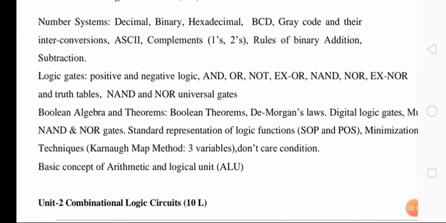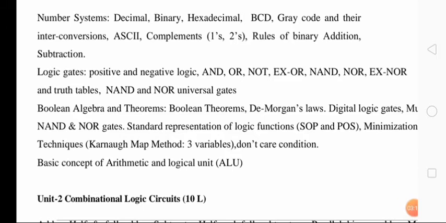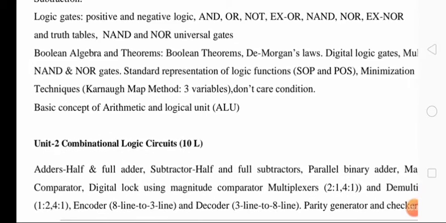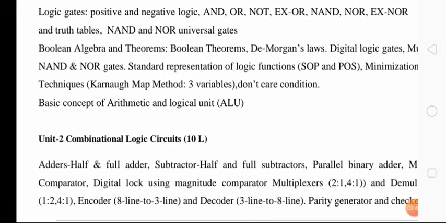The next point that you are going to learn in this unit is logic gates. Basically, there are different types of gates: basic gates, derived gates, and universal gates. You will learn different logic gates given here, like AND gate, OR gate, NOT gate, up to XNOR gate, and their truth tables. Next point is Boolean algebra and theorems. As it is a digital electronic system, the different gates can be expressed by using Boolean equations. To solve those Boolean equations, you have to use Boolean algebra.